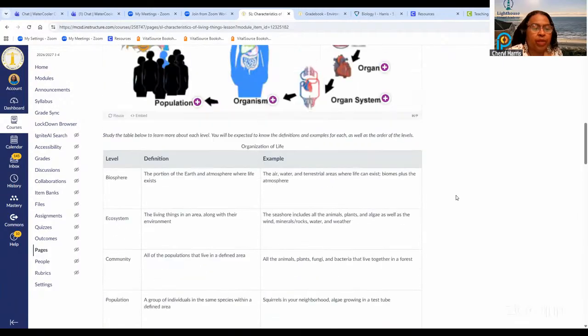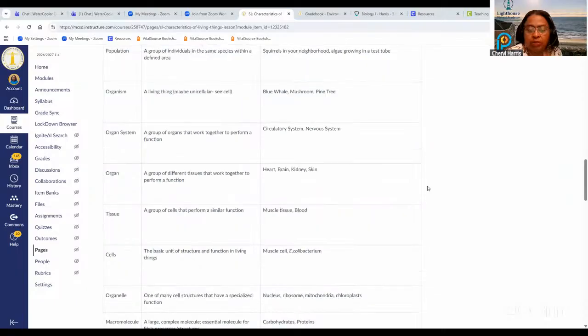So we got Miss Grin, and we've got the organization, what makes something a living thing, and in addition to our macromolecules. So we want to make sure that we